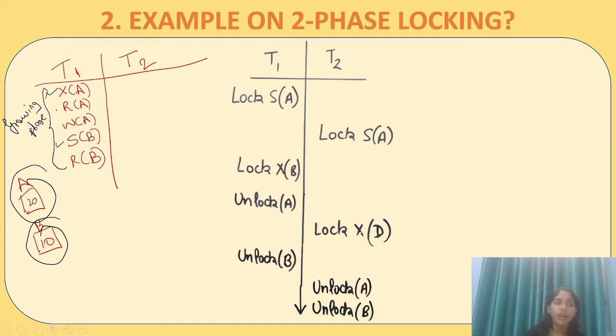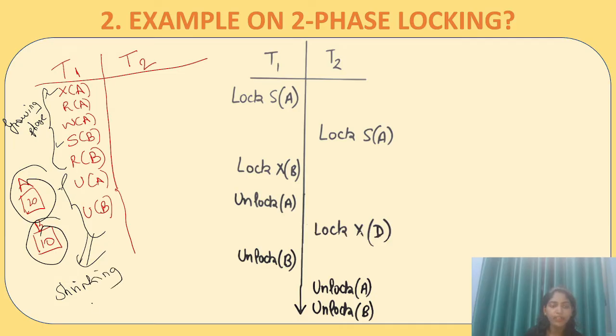So now he has used his exclusive lock and shared lock. He wants to unlock them now, so he will unlock A and he will unlock B also, because he has used them. As we know from shared and exclusive locks, we release the locks after using them. So here also, once its work is done, the transaction will release them. After acquiring, only releasing is done. This is called the shrinking phase. Unlocking or releasing locks is done only in the shrinking phase in two-phase locking.